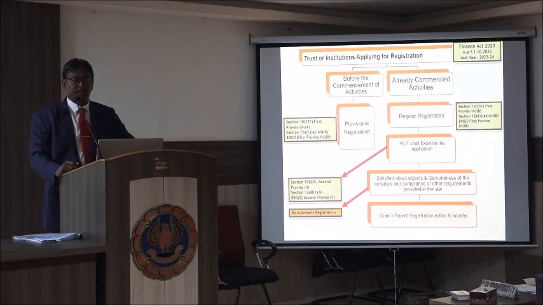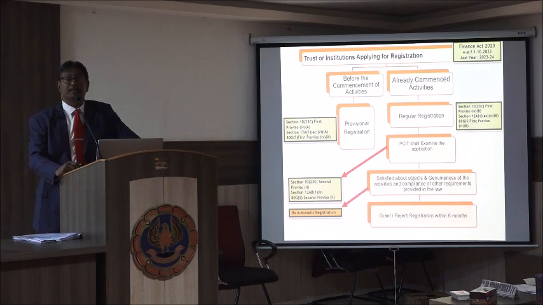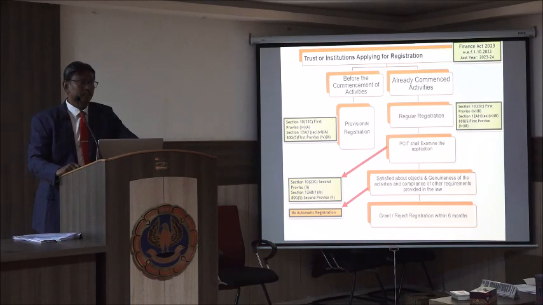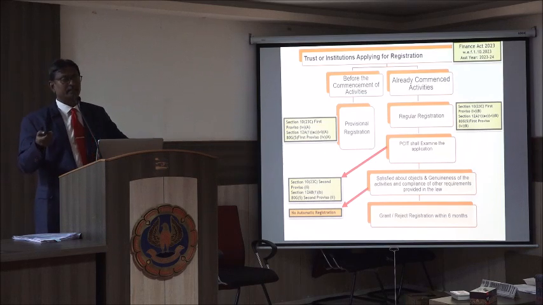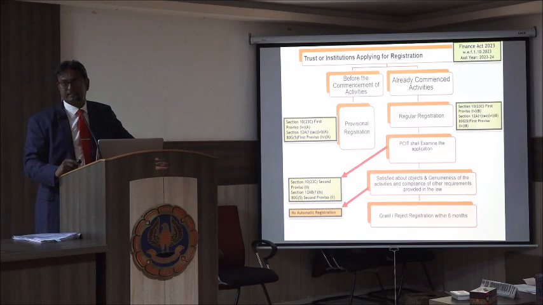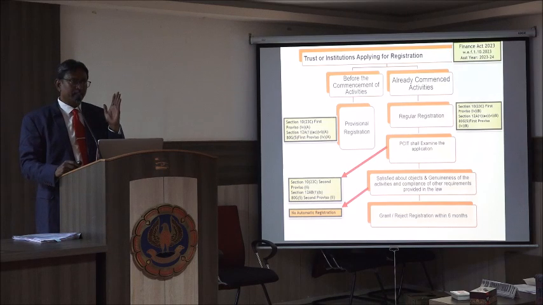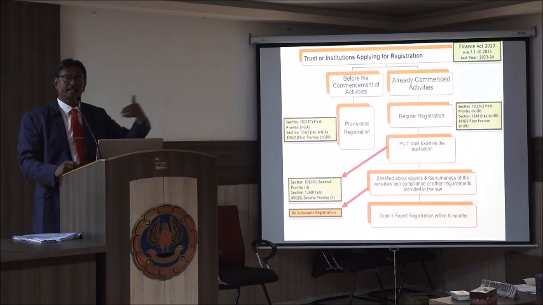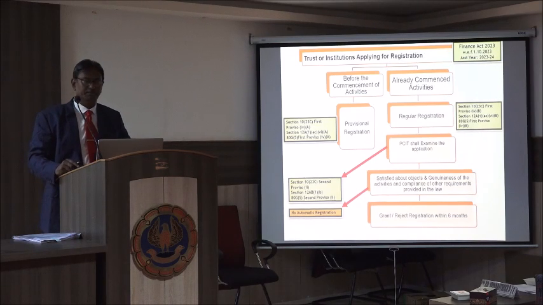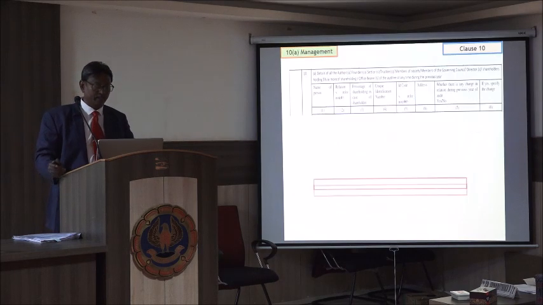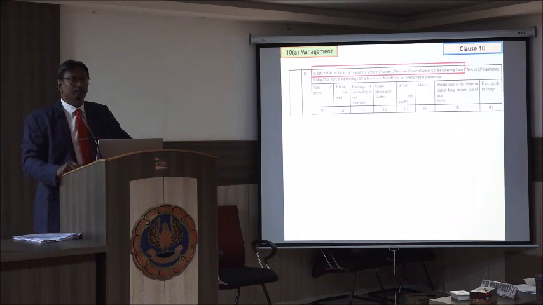So the Principal Commissioner of Income Tax will examine the application, and if he is satisfied, he will grant the 12A registration. The only message is there is no automatic registration. Earlier, you file it, you will get it. That's a provisional registration. Then when I am going for the regular registration, the department will scrutinize the records. Now, if I don't have the activity, I go for the provisional. Again, it is automatic. When I go for the regular registration, then they will go through the documents and then they will... Now, here comes the management.